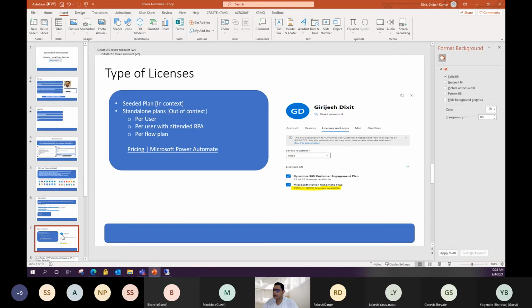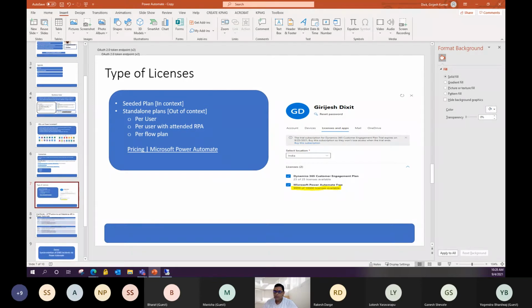They are known as a seeded plan, and they come with your parent licenses. Apart from that, if that is not workable and you need something extra, you can go with the standalone plans: per user plan, per user with attached RPA, RPA standing for robotic process automation, and per flow plan. I'll take another session on the licensing mechanism. It's a very vast topic that we cannot cover in a short span.